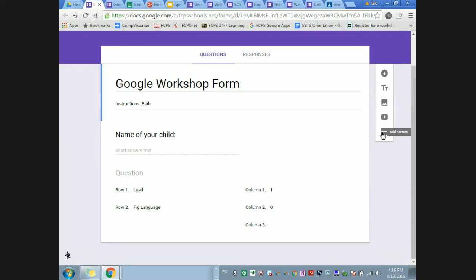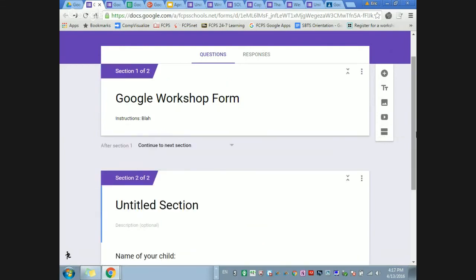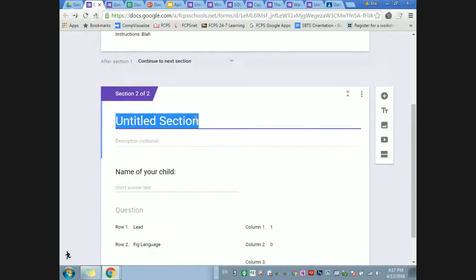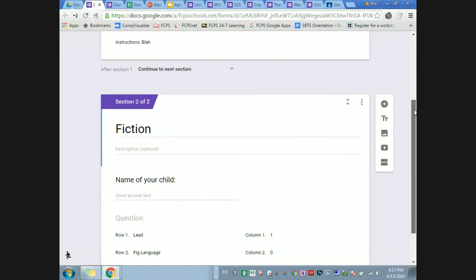Get a narrative response from them, something like that. And you can also create new sections here. When you create a new section, let's say that the section was, in Kevin's example, what was it? Fiction, okay, as opposed to nonfiction. So if I have a section called fiction,